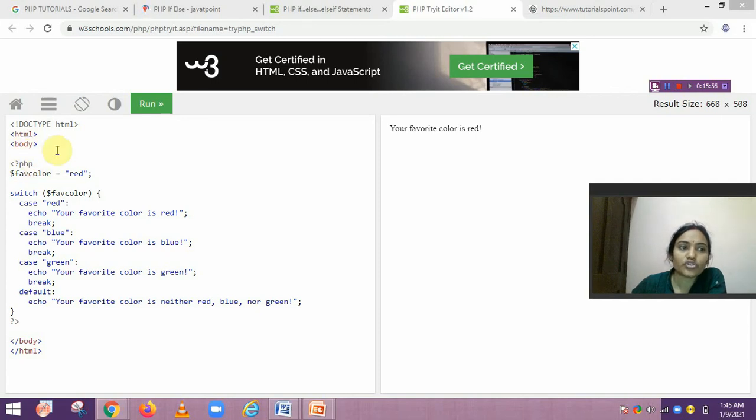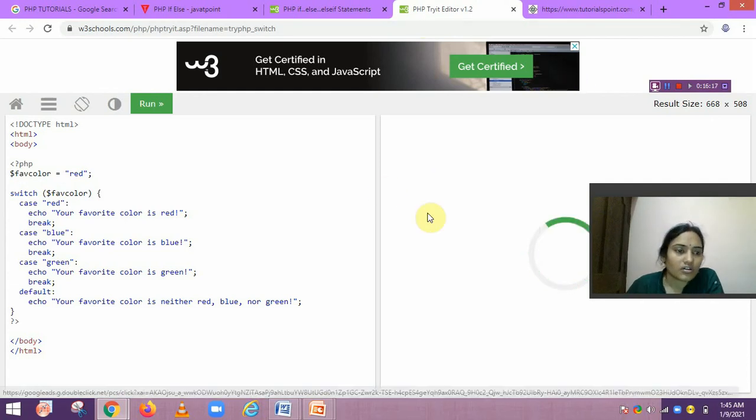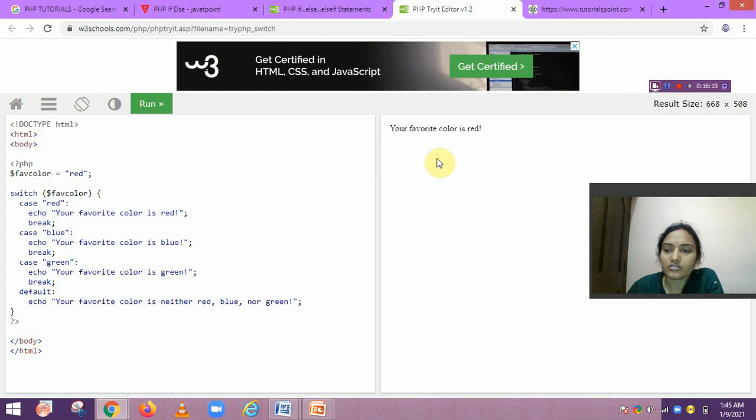In the body portion we write the PHP code, and when we run this code it will show the output on this side. All of you should also write all these programs in the online editor and run them, and it will show how the output will be.